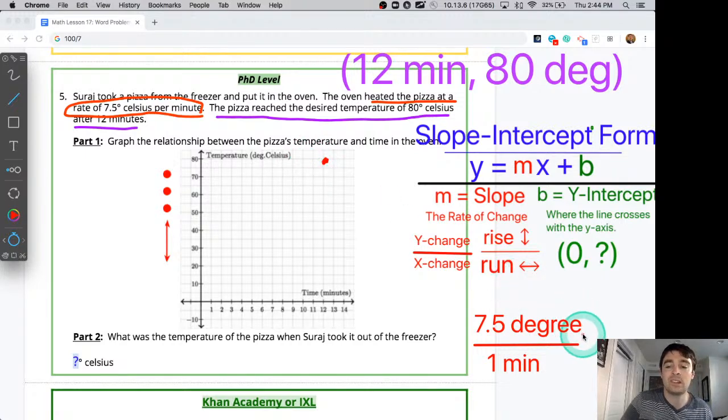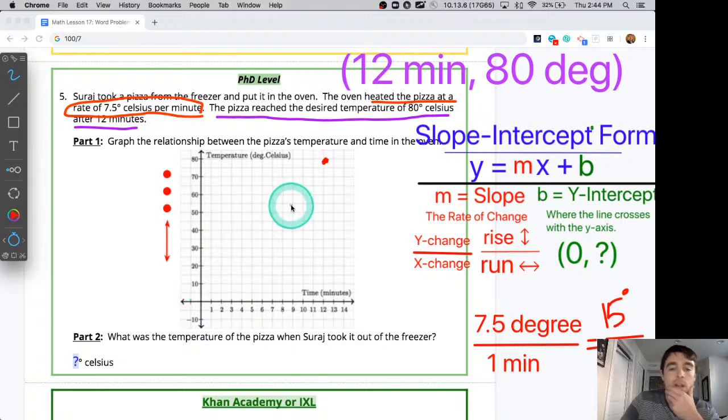So I'm going to switch from 7.5 degrees every 1 minute. I'm going to double that to something that makes a little more sense to me. If I double that, that tells me this is the same thing as 15 degrees every 2 minutes. If I multiply this ratio by 2, it shows me, hey, I'm going to be at the 15-degree heating if I do 2-minute gaps. And that works a little better for this number line, which jumps by 5s. 5, 10, 15, 20. You see they mark every other with 10s, which tells me each little line is worth